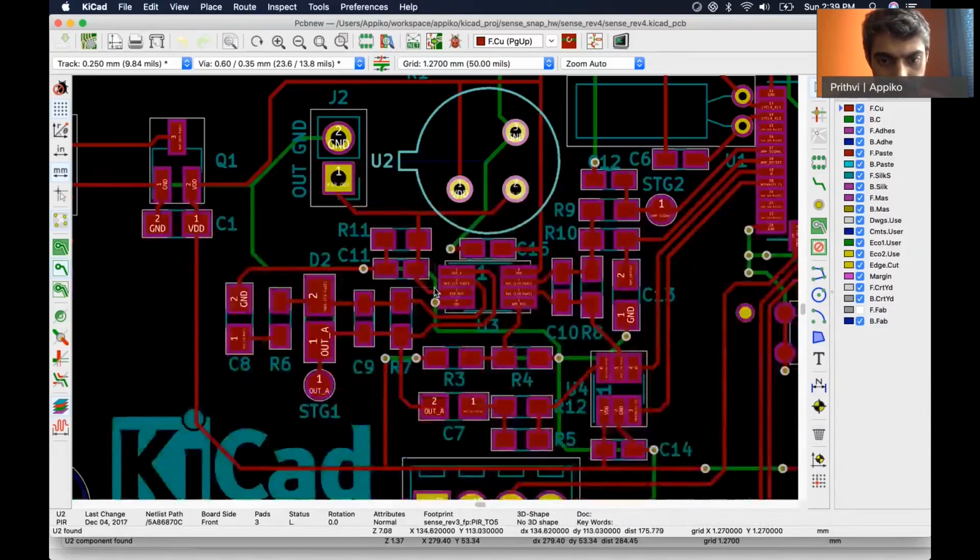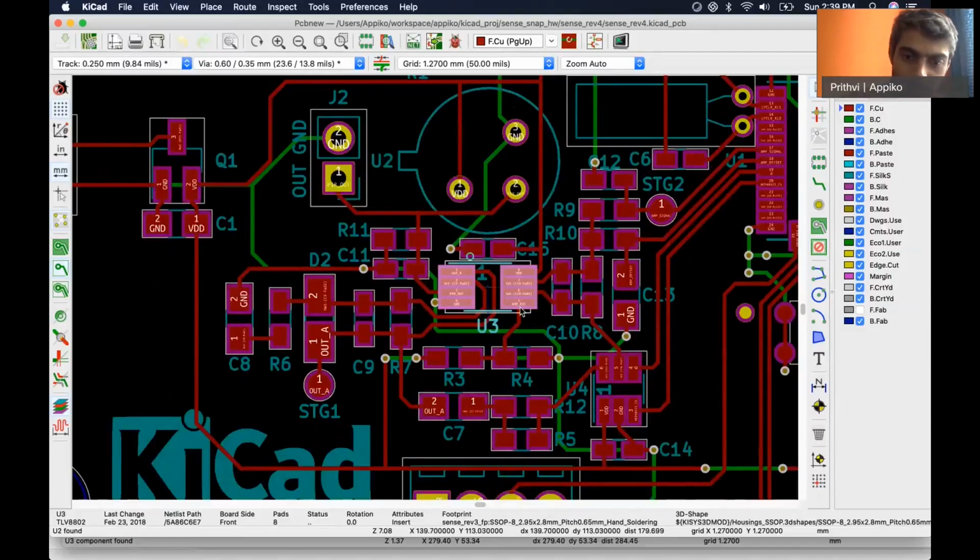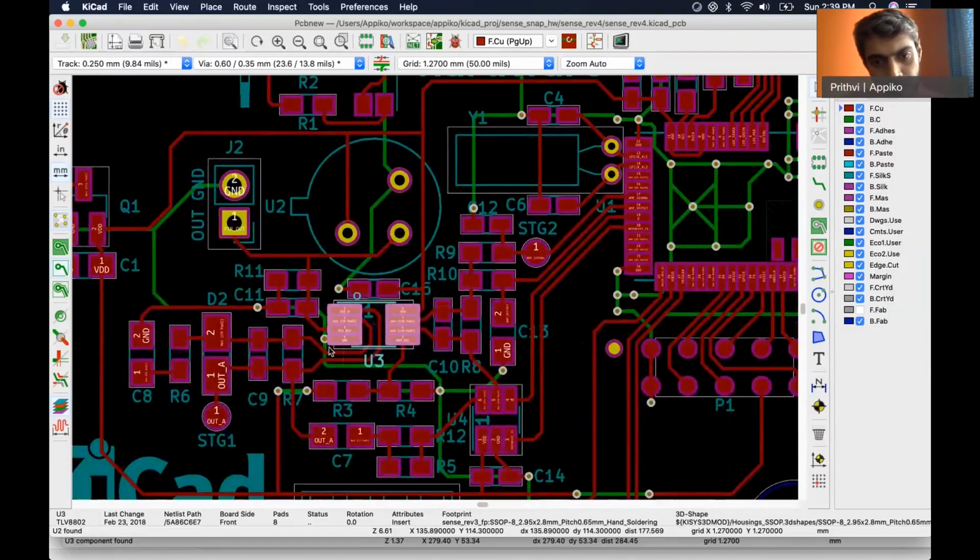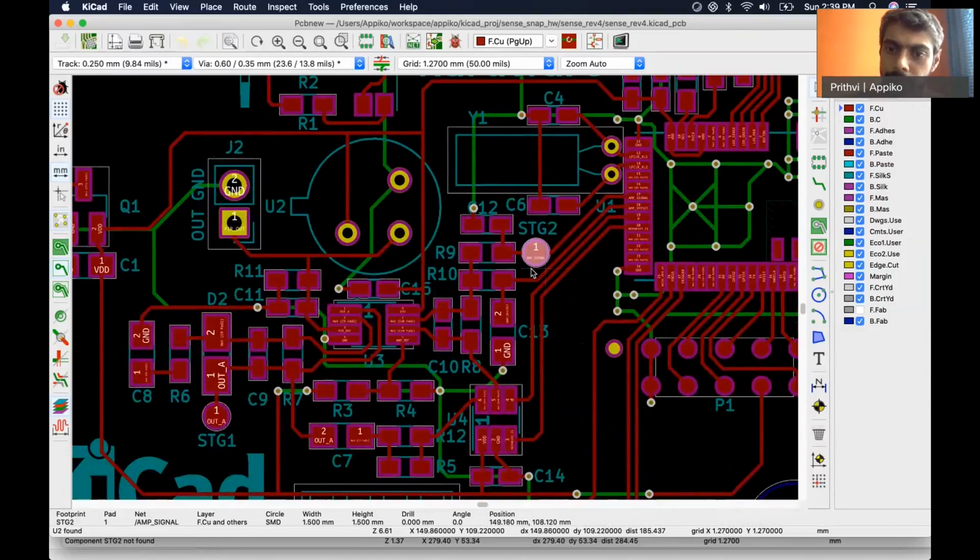So the entire two-stage band pass filter is done through this dual op-amp. You can see the entire discrete component needed for this is placed all around this op-amp. And after this, this is output of stage 1 and this is output of stage 2, and both of them are going to the module here.